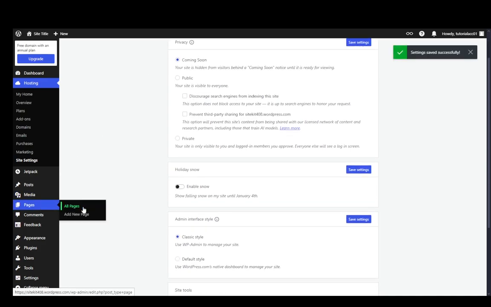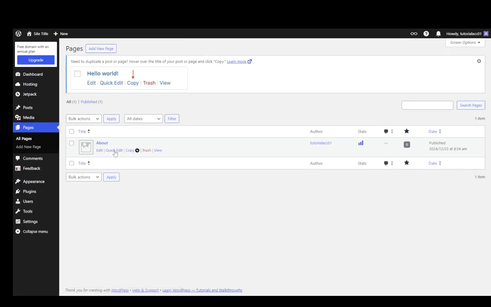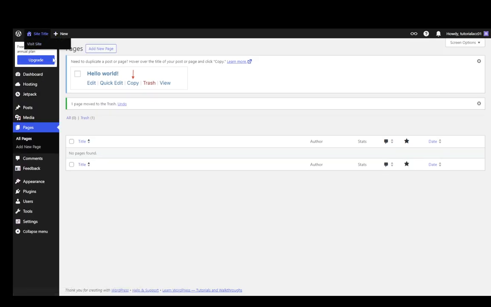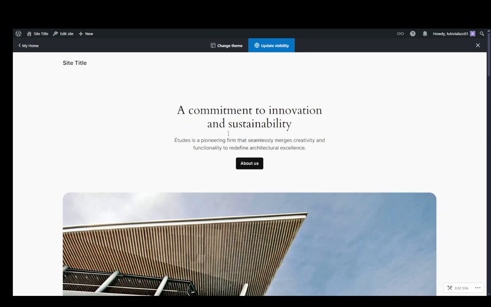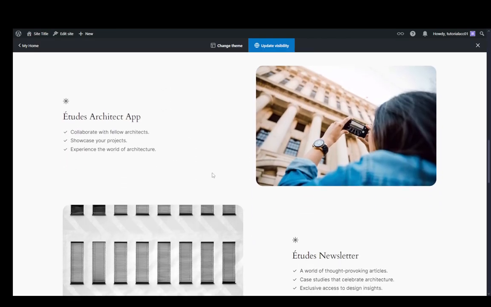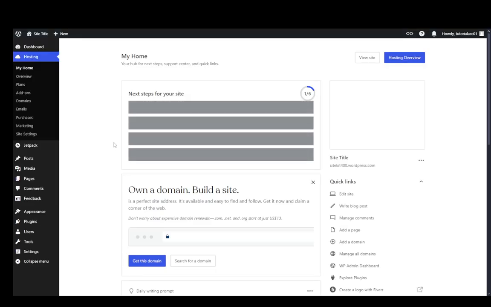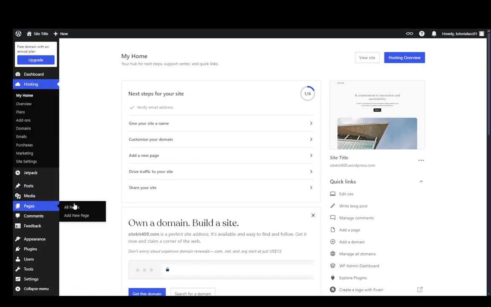The other method is just go into your pages, delete any pages you don't want. For example, the about section, I'll just delete it, just add it to the trash, and now I don't have any pages. I have this page right over here, which is just the home page. You can't really delete it as far as I'm aware. You might be able to change it, but first